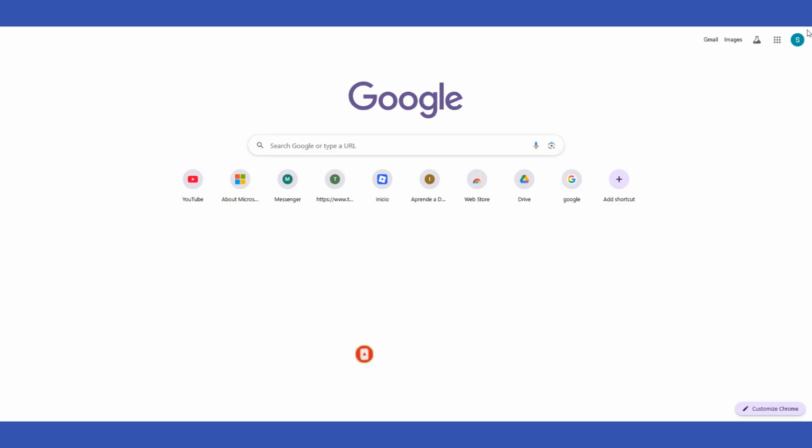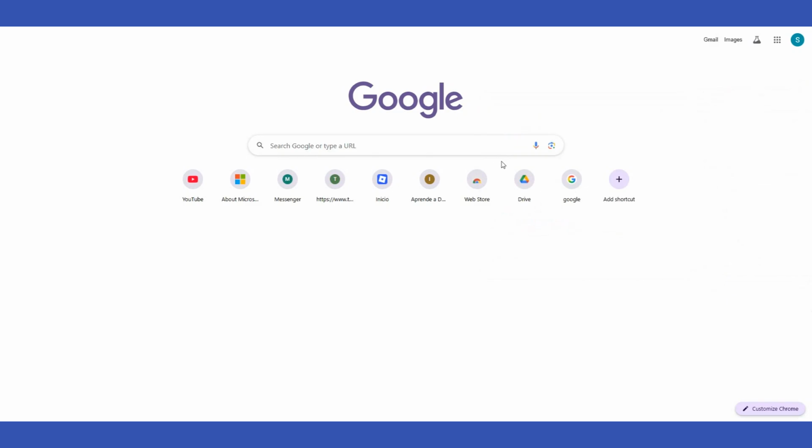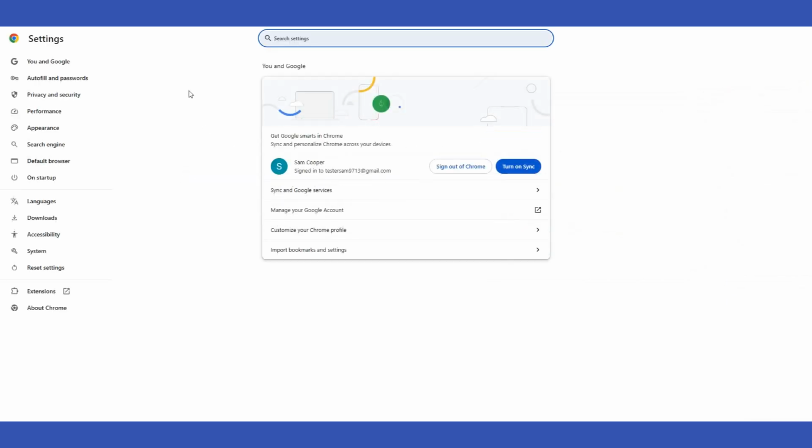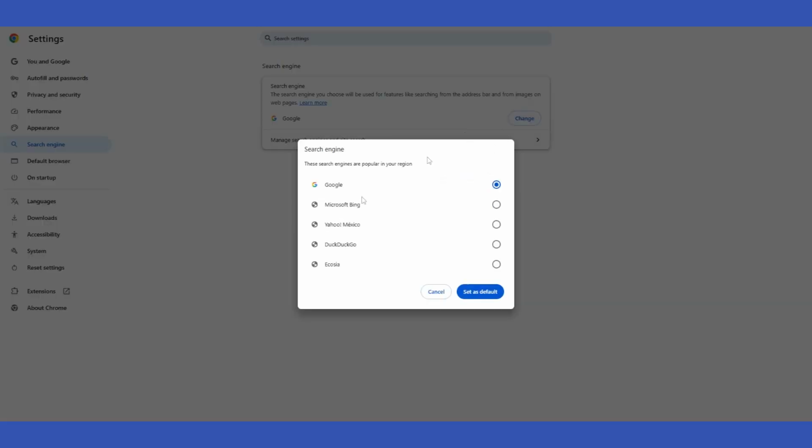So first let's go to the top right corner in the three dots, and then let's go to history, and then let's go to the part that says settings. So here on settings, just go to the left side and you will find here the part that says search engine. Just click there and you can change it. As you can see, I have Google, so just click on change and you can select the one that you